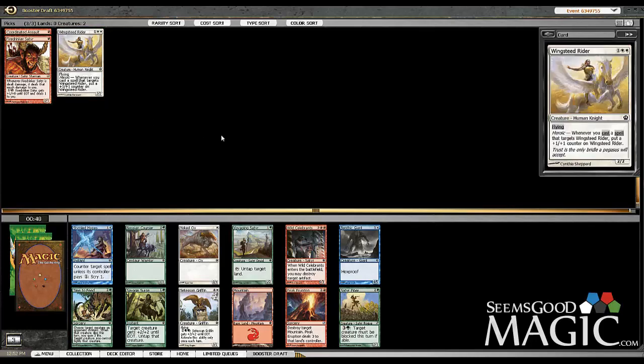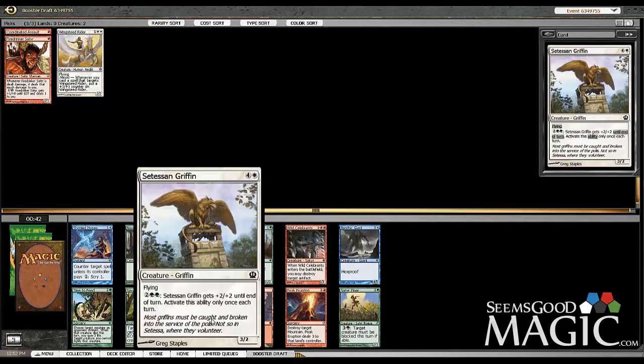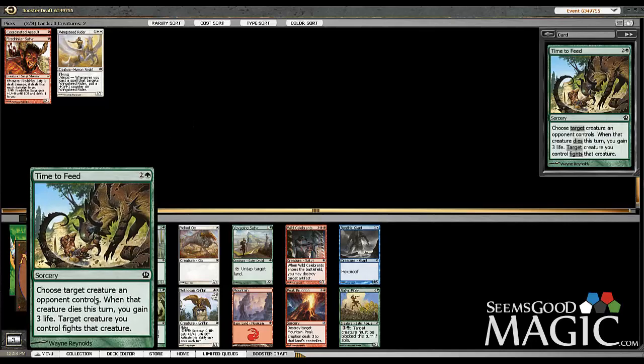Nothing really in red or white that's grabbing my attention as quite good. Peak Eruption's fine, it's just better sideboard cards. Setessan Griffin, fine, except a little overpriced. Definitely some solid green picks in here. I mean, red-green, totally playable. Green-white, totally playable. If I was to take a pick from the green, it'd probably be the Time to Feed